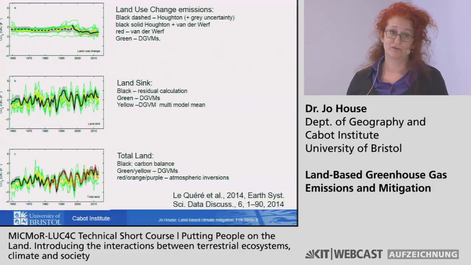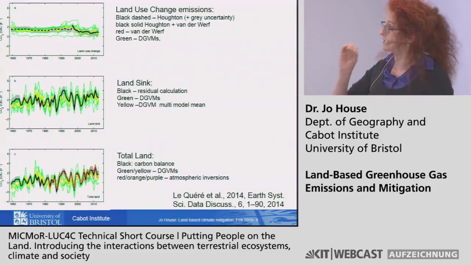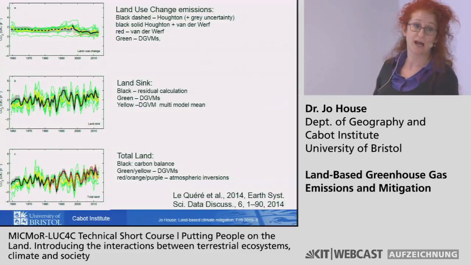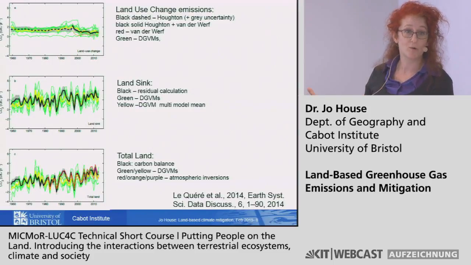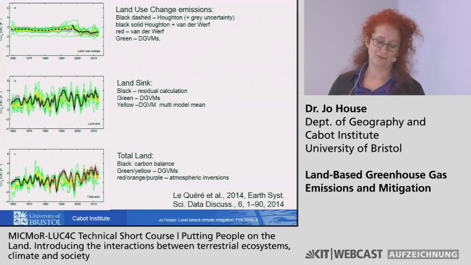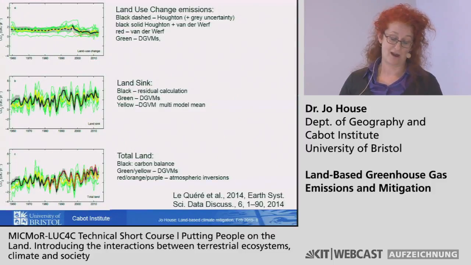Sadly, we're not chopping those forests and keeping the wood and using it for anything useful. It actually just gets burnt. And so it's possible to have more fires in drier years, so more land clearing happens in drier years. So there is this interannual variability that's not captured necessarily in the Houghton data because of the way countries report to the Food and Agriculture Organization, the FAO, which is where Houghton's data comes from.